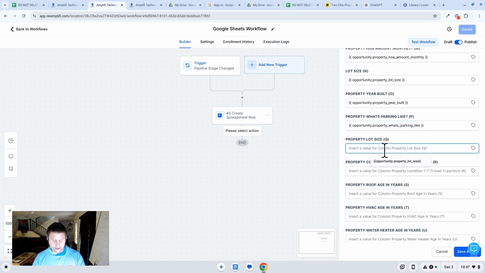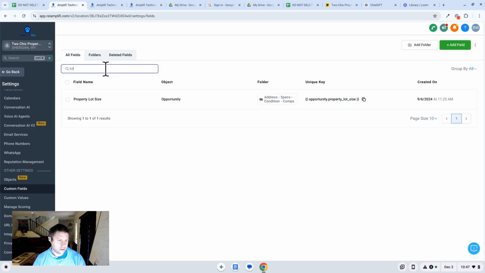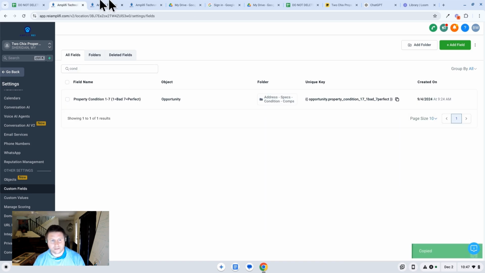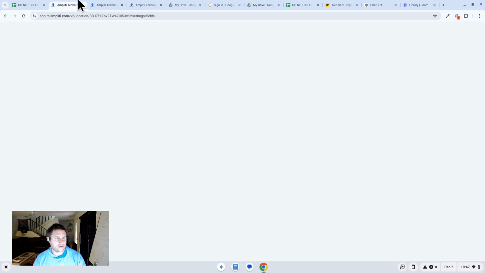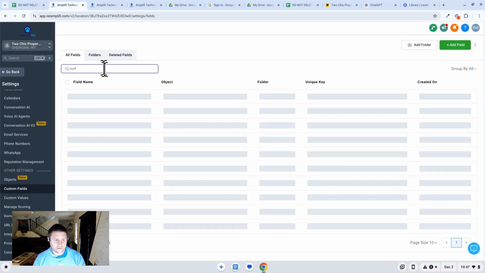Lot size. Condition. Condition. Maybe not a great question, but I like it for wholesaling. And roof,